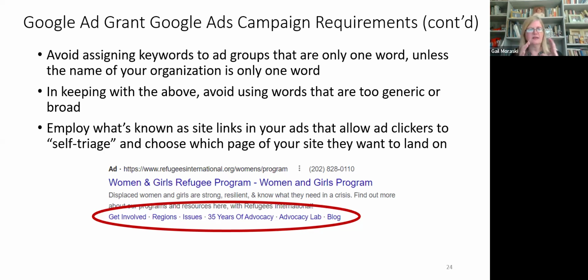You can kind of think of them as an add-on to an ad, something that goes beyond the main ad body copy. And in fact, I had said earlier that search ads are text ads, but now, in the last couple of years, you can add images to your text ads, and that can also improve the click-through rate on your ads. They're fairly small, and they shouldn't have any words in them because they're small. It's hard for people to read. Ideally, just a little image.